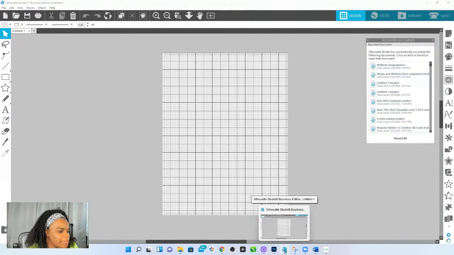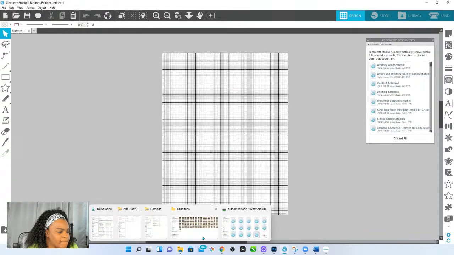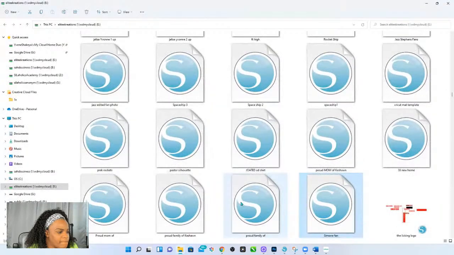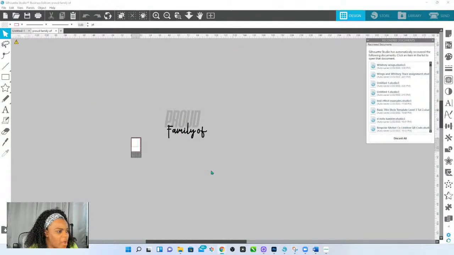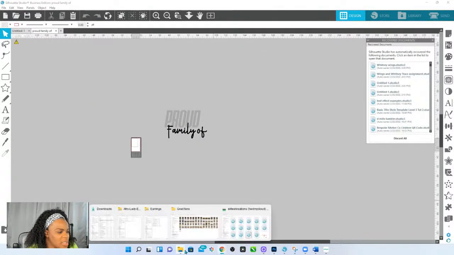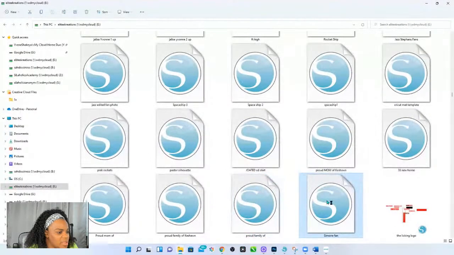Is it going to open? Oh, that's just that part. So I created that part first or second. And then let's see. Is this the full-on fan? I made fans from this.